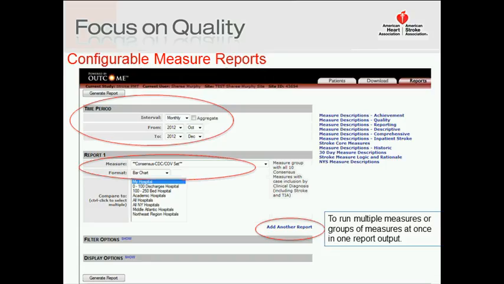For this basic reporting session, we're only going to look at setting up reports for the time period, the measure, and the format. We'll also look at adding another report and saving reports. But what we won't be looking at are the filter options and display options. We will be looking at those in our next webinar Wednesday PMC call. So before we go into the patient management tool for the live demonstration and practical application, I just want to quickly review the options and functionalities that are available in the time period, measure, and format selection.